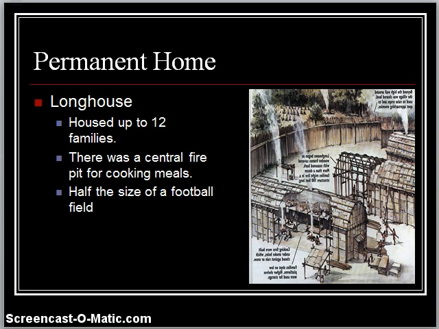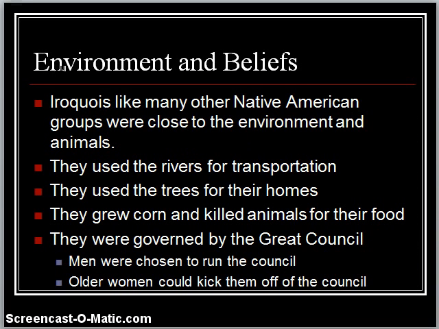Now, in the longhouse, they didn't have heating and air like we do. They had one central fire that was in the middle of the longhouse. So whenever they had this fire, they would use it to cook the meals, and they would use it to help heat the longhouse. The longhouse was about half the size of a football field, so about 50 yards long. So you can think about how much wood it's going to take to build this longhouse where all these families could live. Now, with the longhouse, they cooked everything inside the longhouse in that fire pit. There were also different beliefs that these Native American peoples had in the Eastern Woodlands.